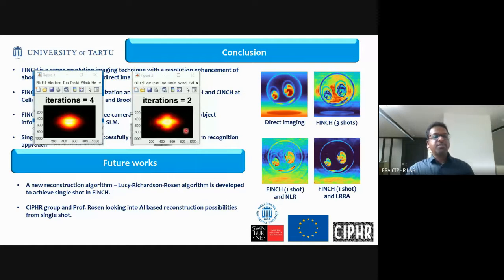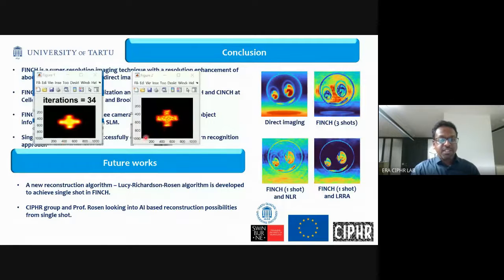Okay, so the first window shows the usual Lucy-Richardson algorithm, and the second one shows the outcome with Lucy-Richardson-Rosen algorithm. You can see that the convergence of Lucy-Richardson-Rosen is quite rapid compared to Lucy-Richardson, and also the estimation is significantly better. This is for a very simple object, so maybe the difference is not very clear, but when we apply it to biochemical samples, like silk samples, wings of insects, maybe some tissue, we identified that LRR had a very significant improvement over the Lucy-Richardson algorithm.